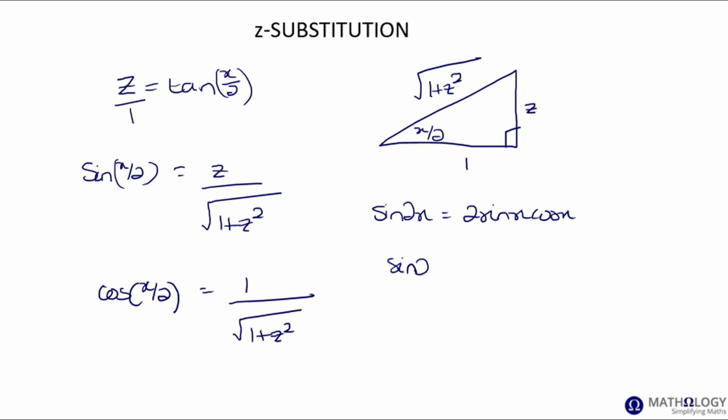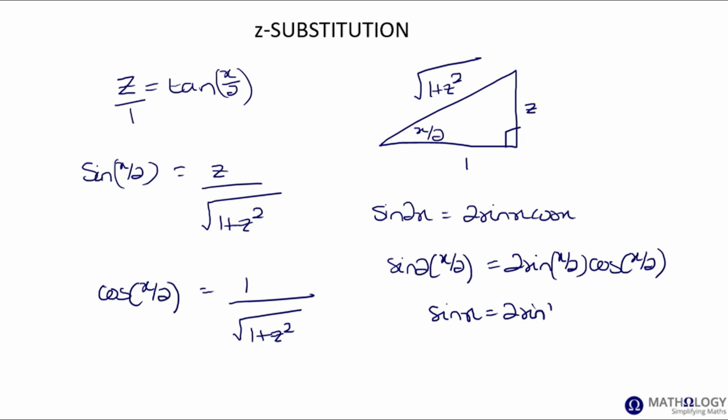So just by applying the formula, 2 times x over 2 is just going to be x. So that's just going to be sine x equals 2 sine x over 2 cos x over 2,